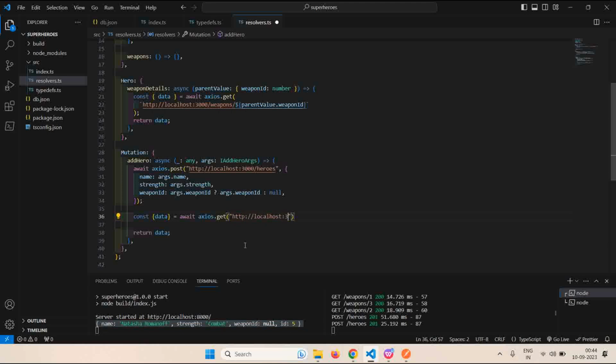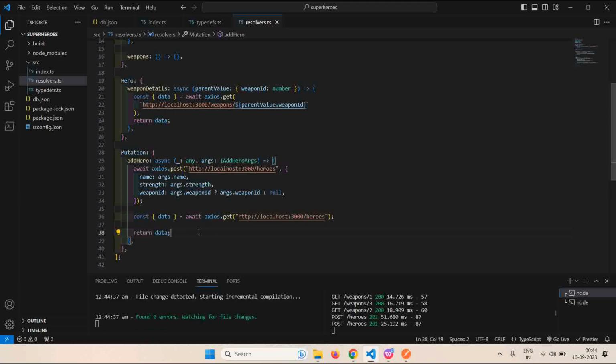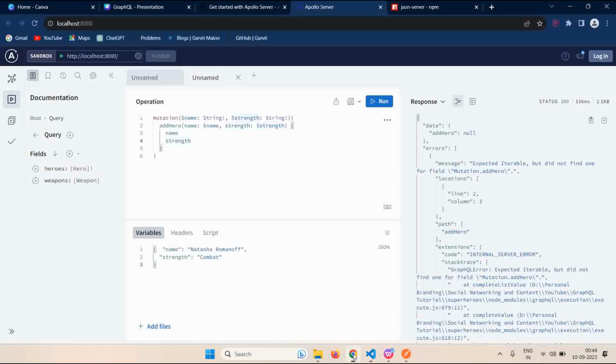Localhost 3000/heroes, something like this. Now this is the data we will get. Now we will get an array, and let's see, I'm going to return this data. Okay, so let's try adding a new hero, and over here let's say Bruce Banner, strength, magnanimous strength,